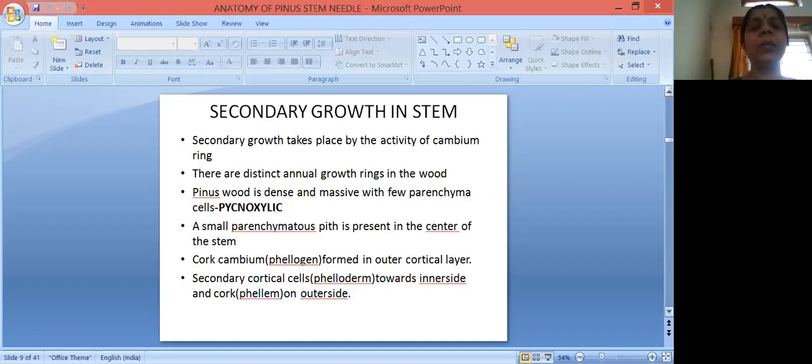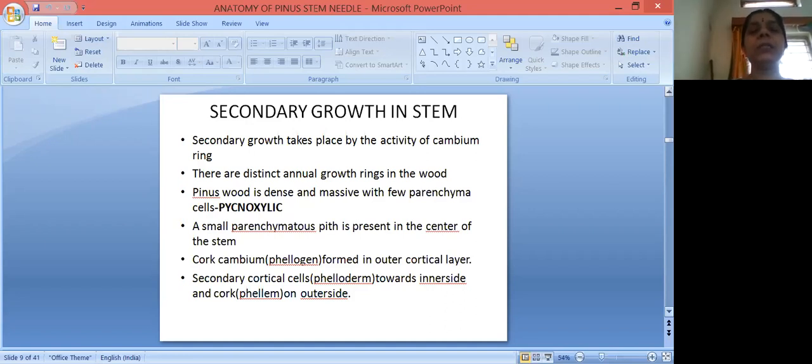Coming to the complete growth, on formation of secondary tissues, we will find the formation of bark or cork, with splitting of the epidermis. So totally, when the secondary growth occurs in the stem, the epidermis, cortex, and stelar zone produce several types of structures. Now we will discuss in brief the secondary growth of the stem.